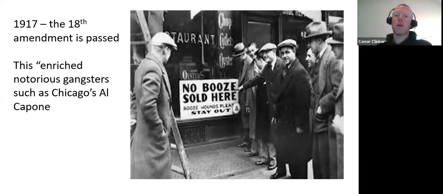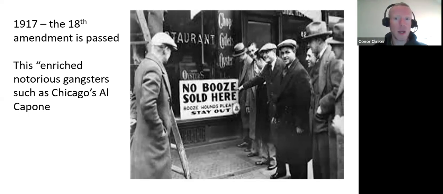Before Prohibition, a big stream of revenue for the government was taxes on alcohol. Well, if you make something illegal, you can't tax it. So the government's losing money through that tax. And the government is spending money on going after people for alcohol. So they're losing money because they can't tax alcohol, and they're spending money on law enforcement for something that didn't used to be a crime. So the government is losing money hand over fist here.